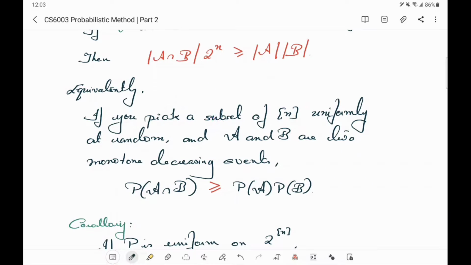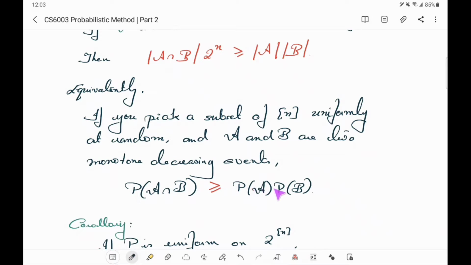Alternatively, you can toss a fair coin at each element, so you do n independent coin tosses and include those elements for which the coin lands a head. It will turn out that this is also equivalent to picking a subset of n uniformly at random. Okay, so for either of these experiments, Kleitman's theorem tells you that the probability of A intersection B is